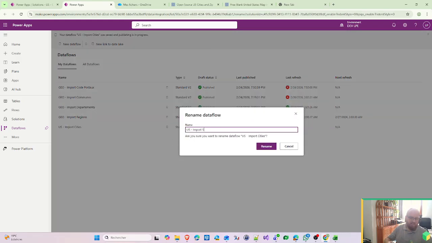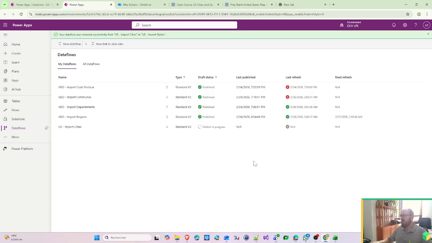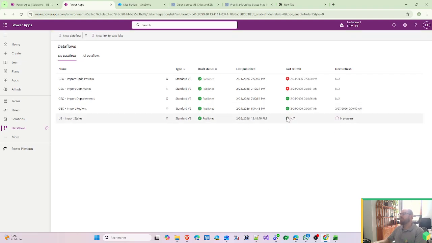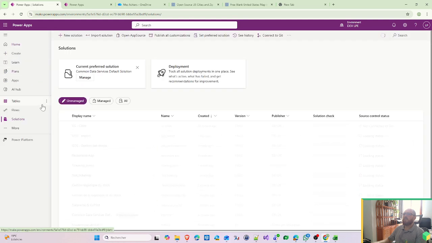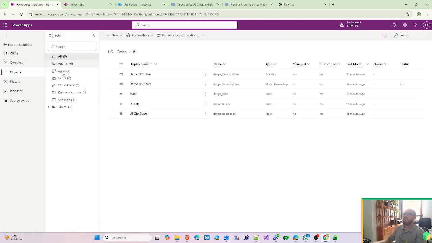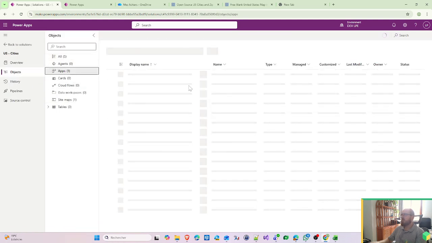It's not the cities, it's the states. Okay, so it's published, and now it's going to refresh. By refresh we can say execute it. And if I'm playing the US cities with the driven up,